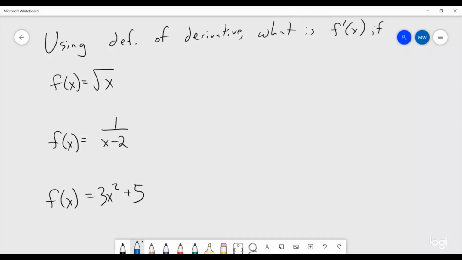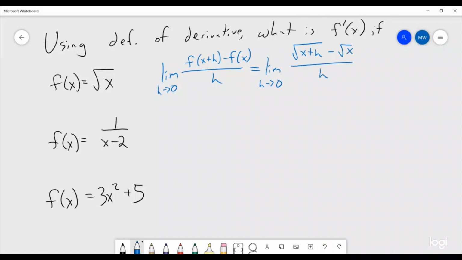Okay, so for each of these we're going to be using the definition. It's the limit as h goes to 0 of f of x plus h minus f of x, divided by h. So we got that. This is going to be the limit as h goes to 0 of the square root of x plus h minus the square root of x